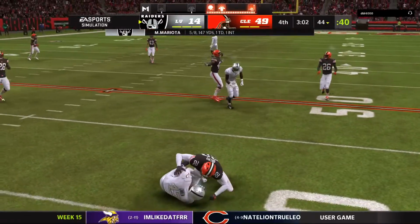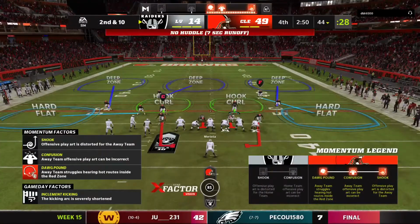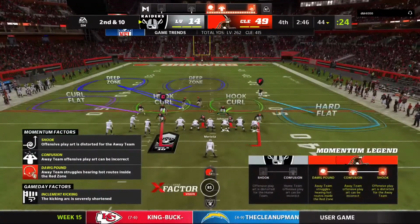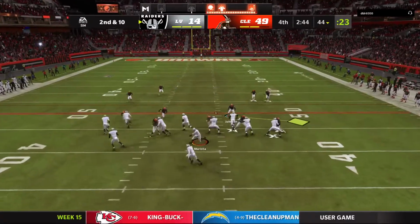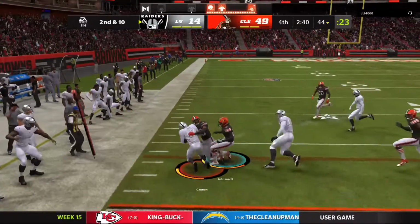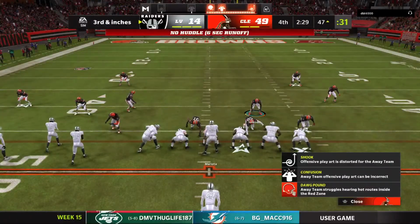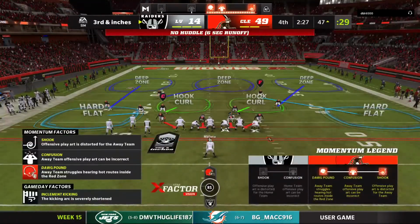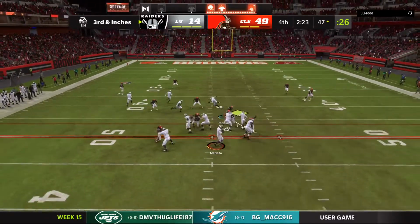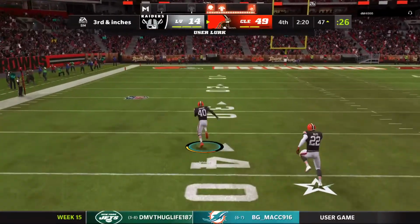Gets it to his running back, Cannon. They'll try the left side. It's Cannon. And he'll get it down to the 47 here. The offense on 3rd down tonight, they've converted just 2 for 6 thus far. They're looking at 3rd in the nose of the football. And he fires one that's intercepted. Picked off at the 48,